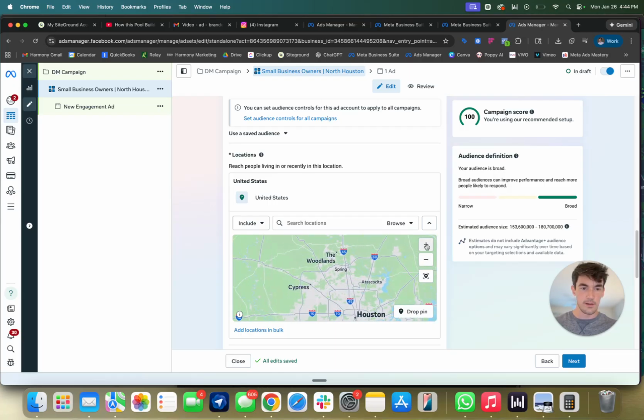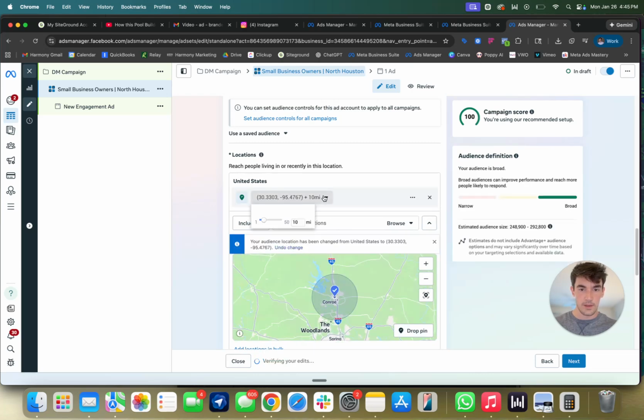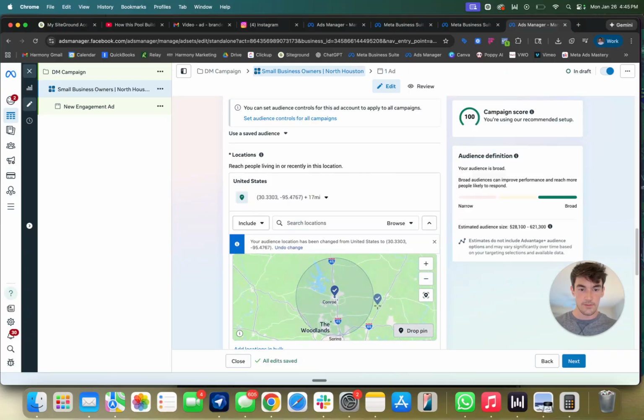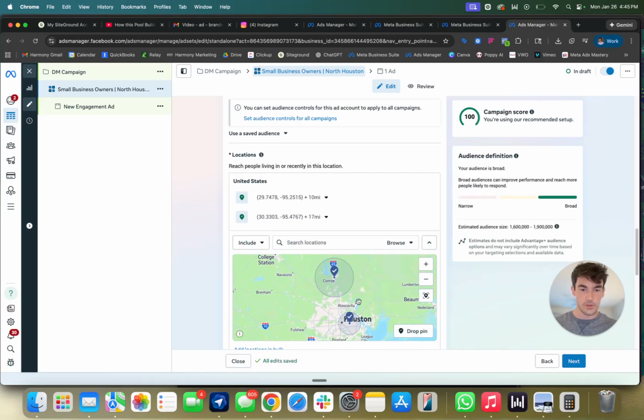So for me, say I'm running a landscaping business and I want to only target within 30 miles of where I live. So I would click drop pin and click over my location, and then you can come here and expand this out. Say you wanted to target a different part of town, you can drop another pin. It's really straightforward. Wherever you want people seeing your ads, wherever they're located, that's where you should put